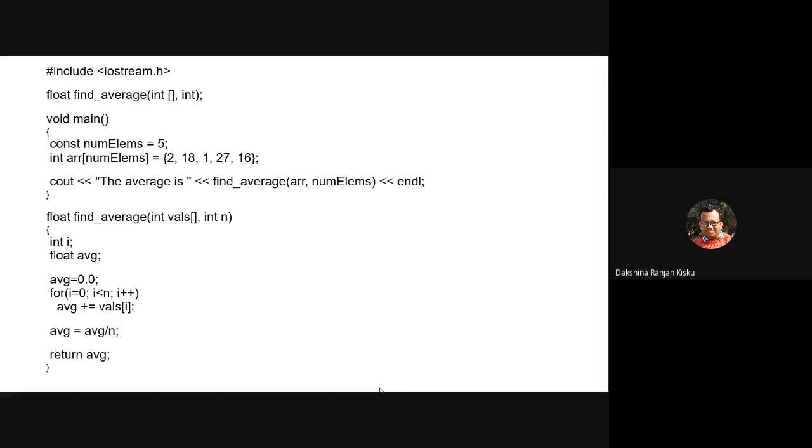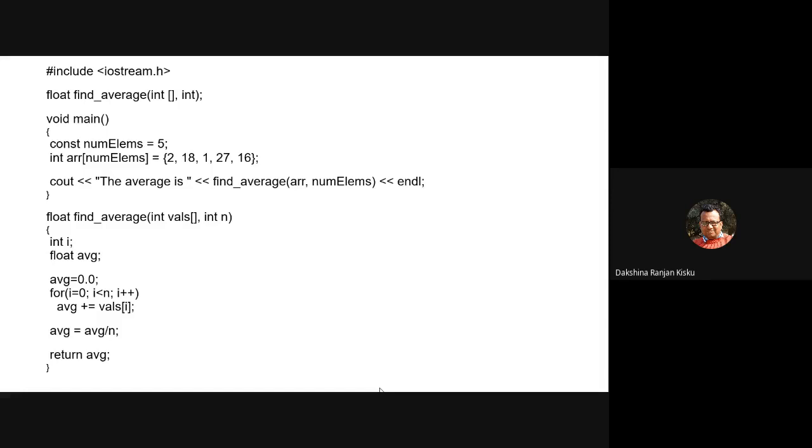Then we start the main function. We specify the number of elements, then we declare the array, a one-dimensional array. Here cout means the printf; cout is part of the C++ programming language.